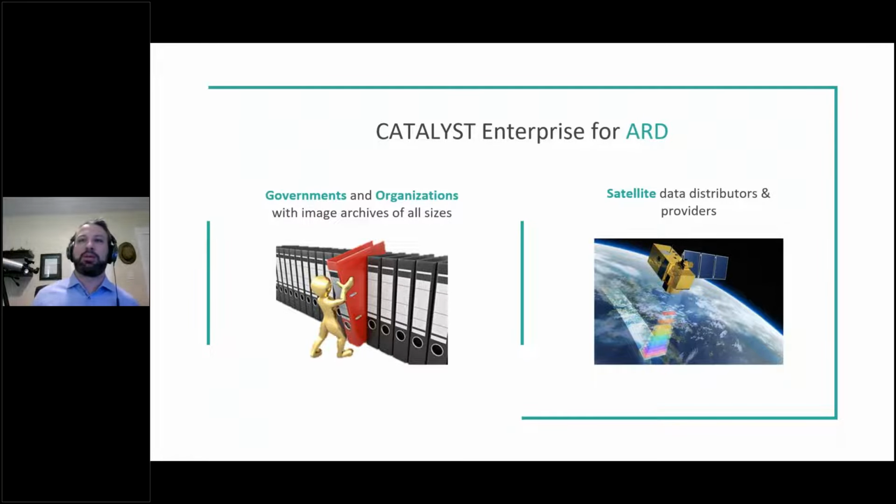By being able to convert your existing radiance imagery into N-bar surface reflectance imagery or measurements, you can now make it more widely available to other, say, government departments or other departments in your organization that don't have a geospatial background, and they can start to leverage the information in new ways that they were never able to do before. The other benefit is